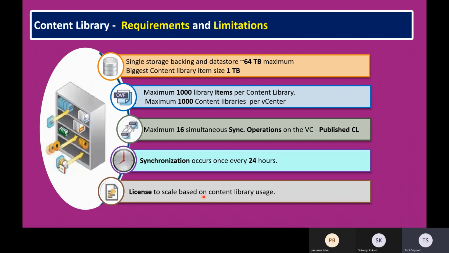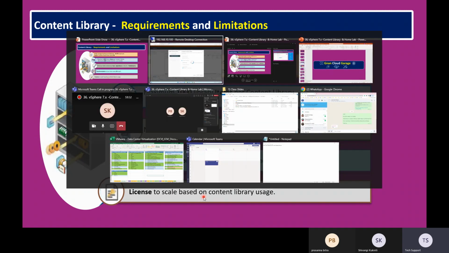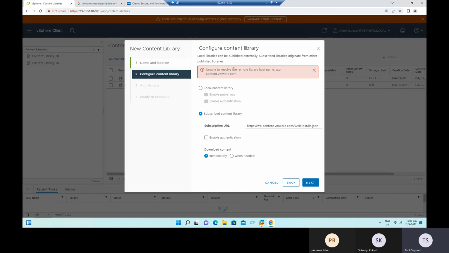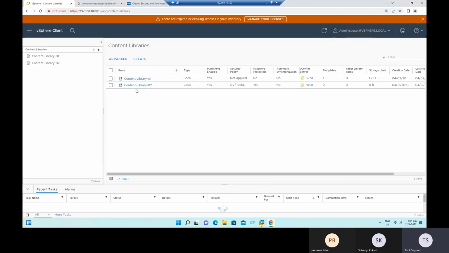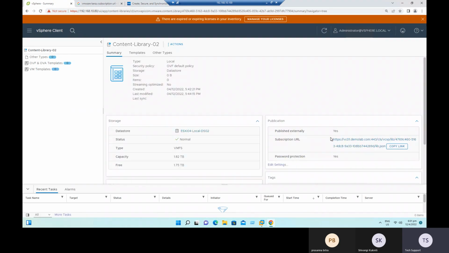So let's see in our lab whether it is trying to download or not. Seems it's unable to resolve this one. We can safely ignore this point. And we just observed these two options, local and enable publishing. Even if you want to republish the same information to this content library, we can use our previous URL also. Let's say this content library has this URL. Let's copy this link,